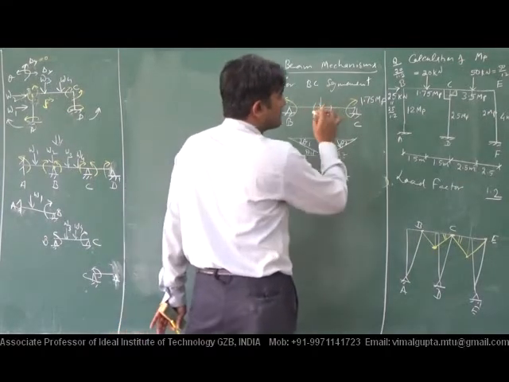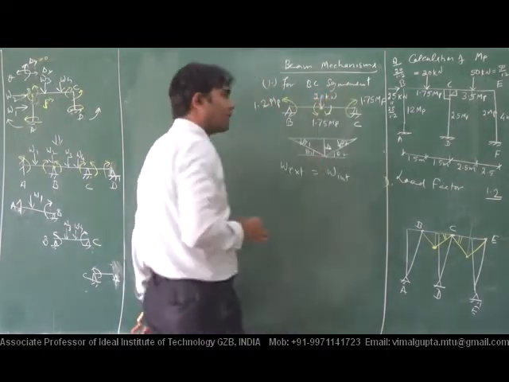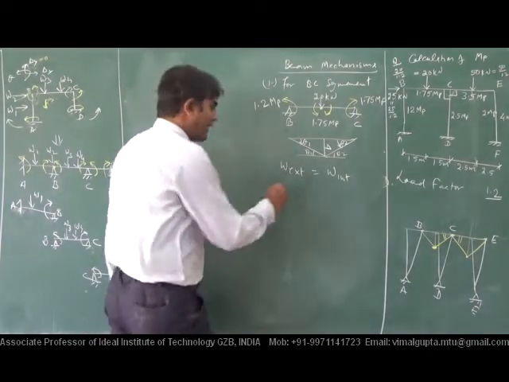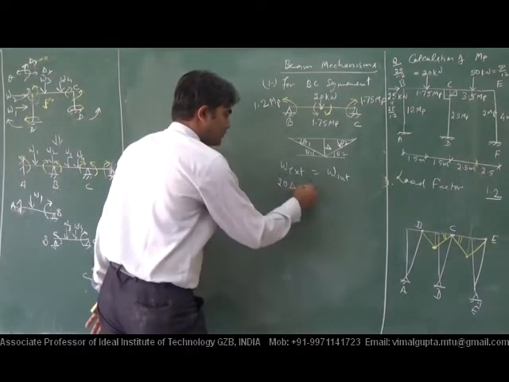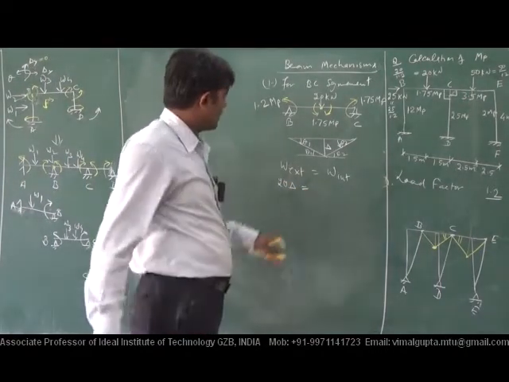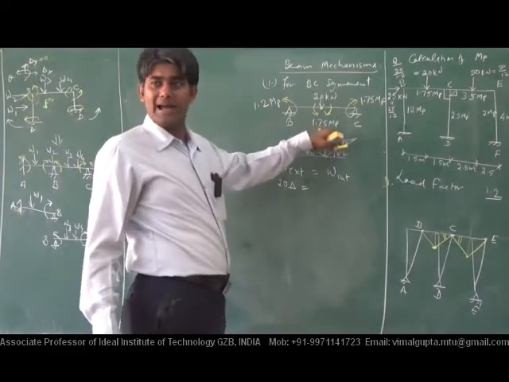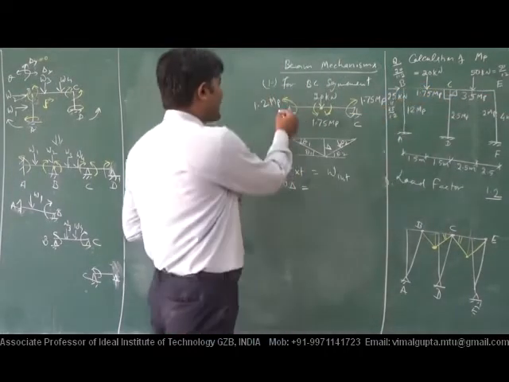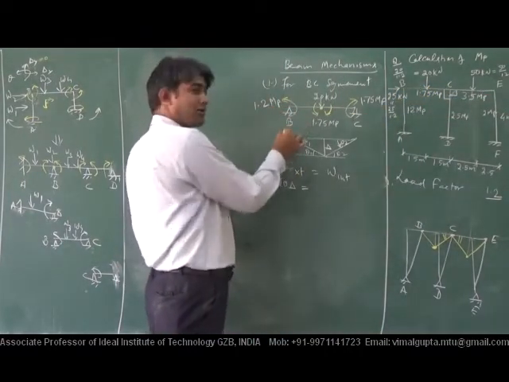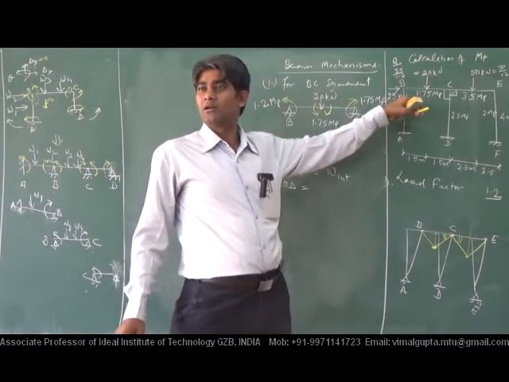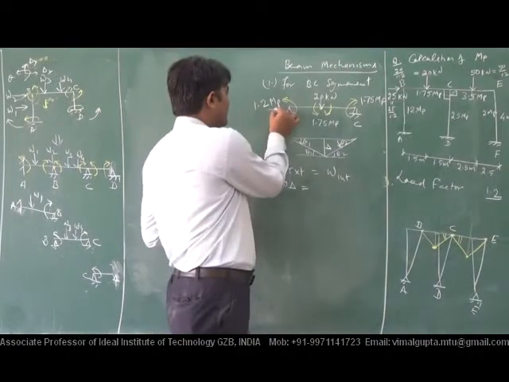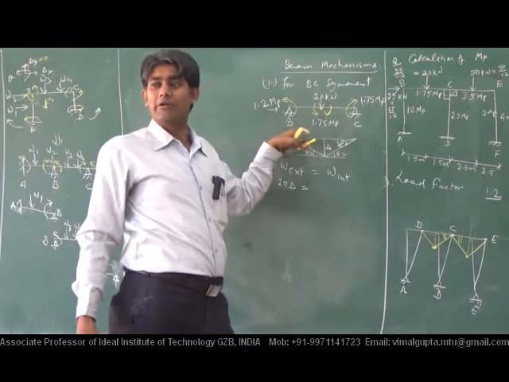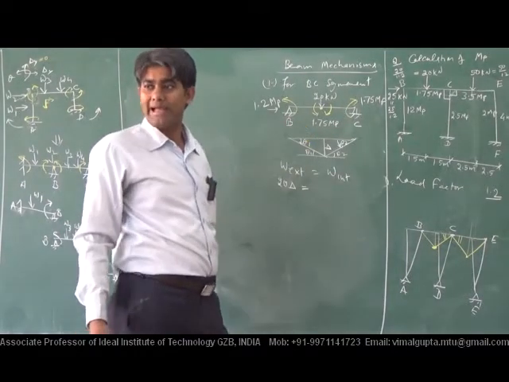Since that load is 20 kilonewton, the value of the external work done will be 20 into delta. External work done has been completed, another load will not be considered. Is there any meaning to this 25? No meaning. If it is acting in this direction, then the deformation at point B is not there, so it does not have any meaning.